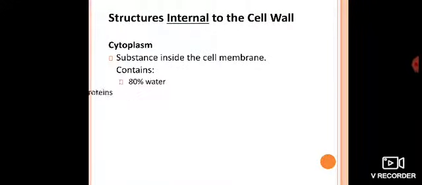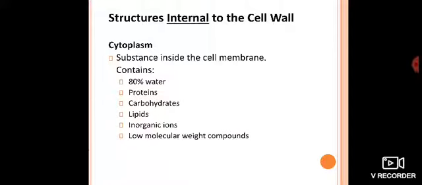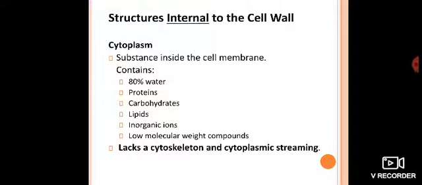Okay, in the next point we are going to concentrate on the next components of the bacteria. Remember, the first, most external part we observe is the flagella. Let me recall all those points. First we observe the flagella, then fimbriae and pili. Afterward we concentrate on the cell wall. Then we discuss the cytoplasm or plasma membrane, and now we concentrate on the different components present in the cytoplasm and plasma membrane.